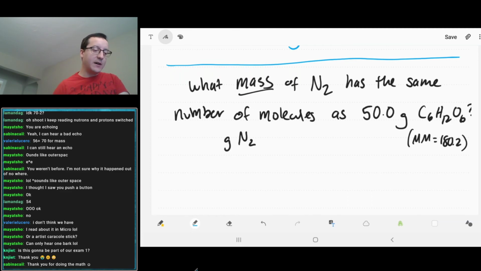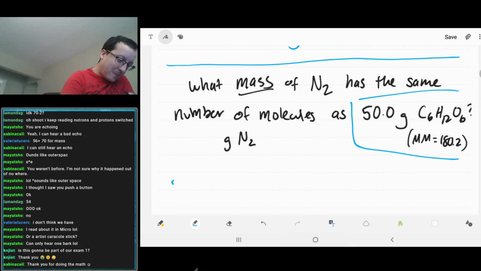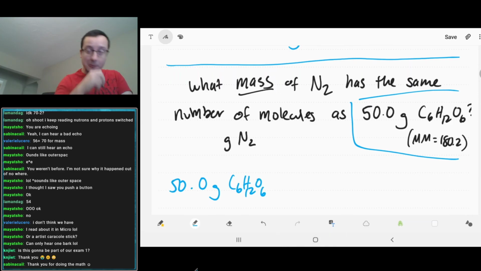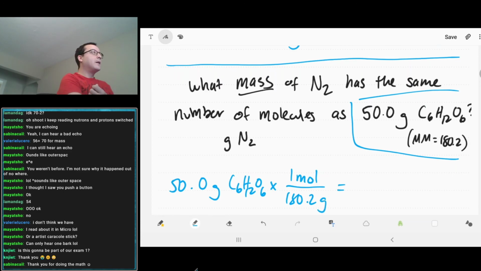So, we always want to start with things that we know, right? We have this stuff given to us, so we might as well use it. So we could say 50 grams of glucose is going to be equal to, calculation time,